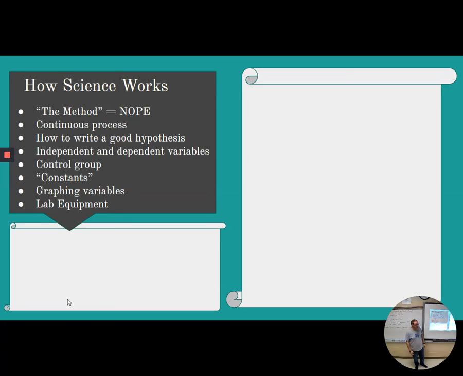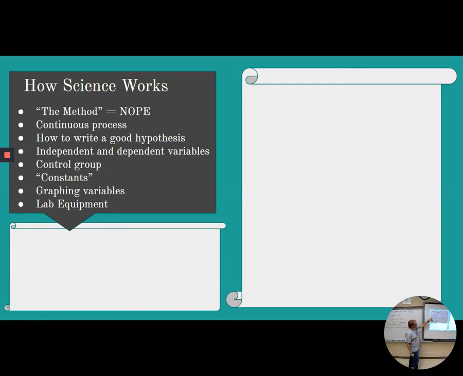Main topics we covered. The first big topic we looked at was how science works. I'm not going to spend a lot of time on this slide. Big things to remember is that science is not a single method. It's not trying to get from point A to point Z. You don't always start with a question or a problem. You don't always end with a conclusion. All the parts along the way are very important, but sometimes you go backwards. Sometimes an observation you make will lead you to make a question. Sometimes your research will lead you to change a hypothesis. So it's a continuous, multi-directional cycle instead of just being a straightforward path.